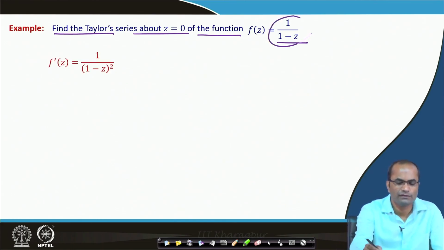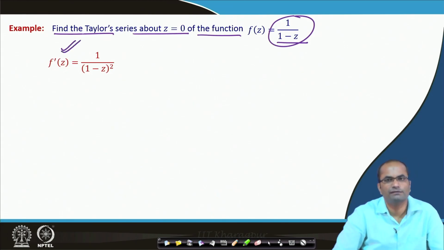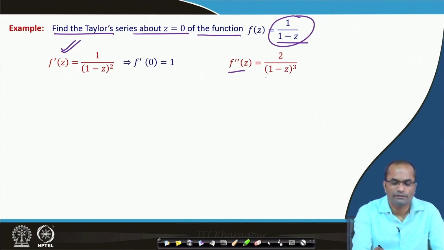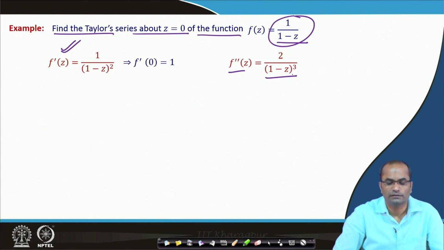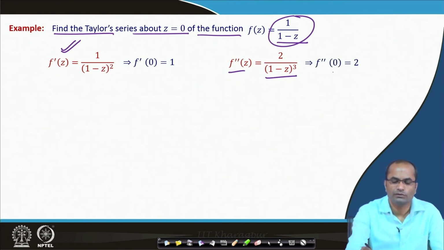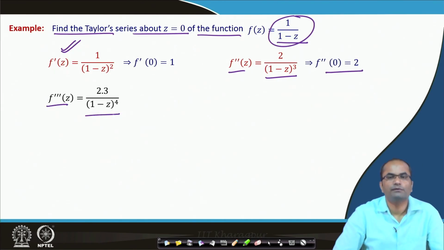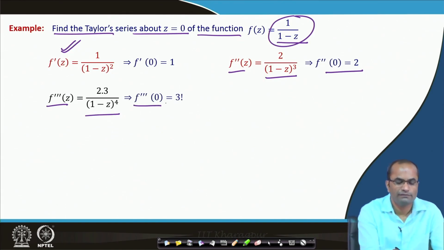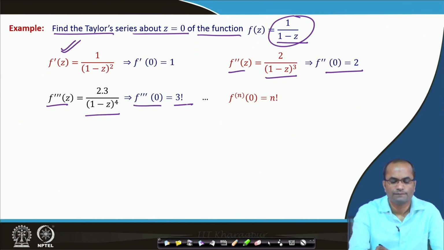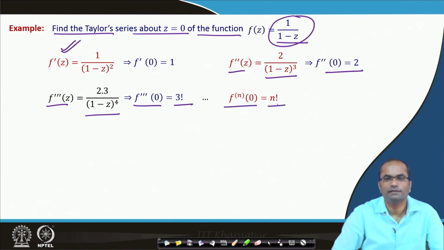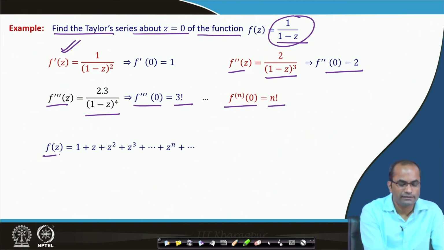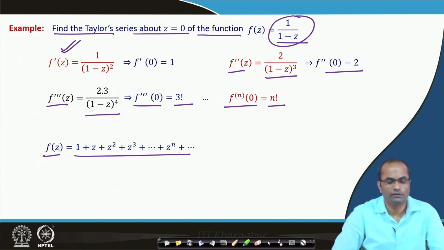To get the series of this function, we can get the first derivative, which is 1 over (1 minus z) squared, and at 0 the value is 1. We can get the second derivative, which is 2 over (1 minus z) cubed, and again this derivative at 0 is just 2. The third derivative is 2 times 3 divided by (1 minus z) to the power 4, so the third derivative at 0 is just factorial 3. The nth derivative at 0 is factorial n, and